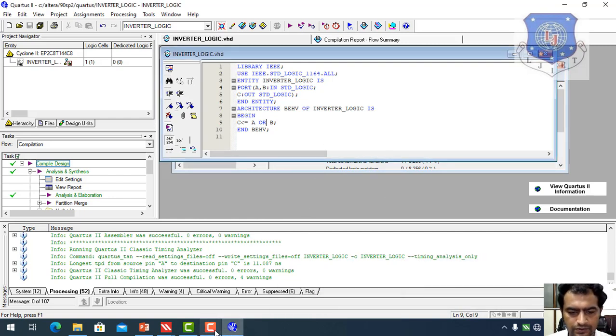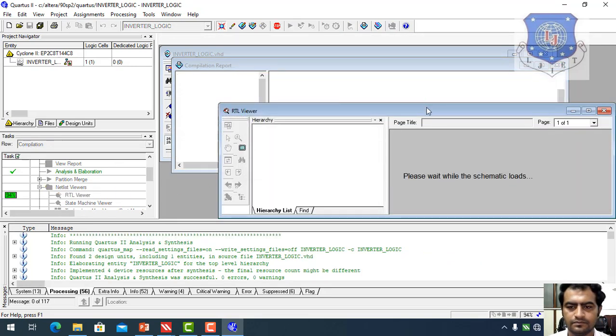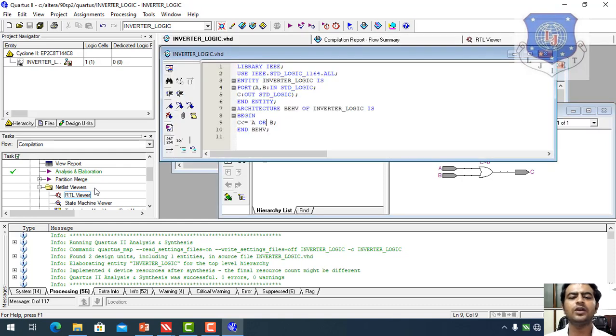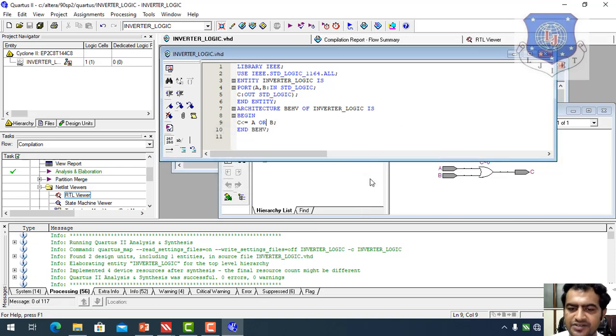So let's see. It's an OR gate. So we can write down any logic gates for two inputs, like NAND gate, NOR gate. So you can write down any gate and you can try to simplify it using this particular software. So here we can work on this type of module, and for generating the waveform, if you want to see the waveform, then you have to click on simulation file,